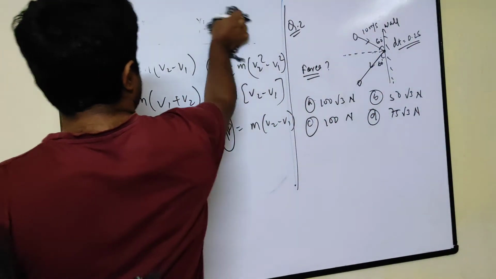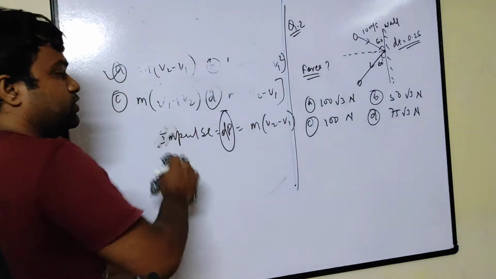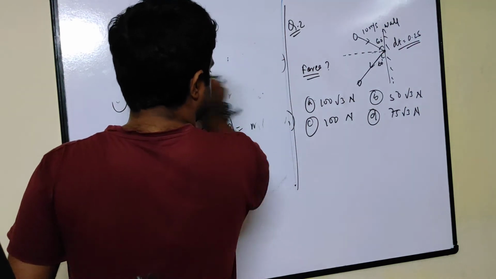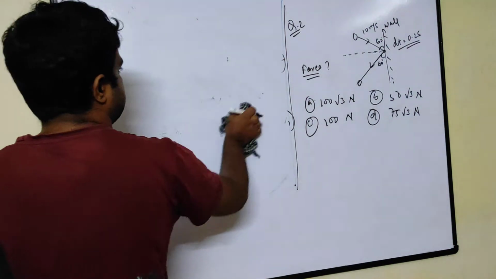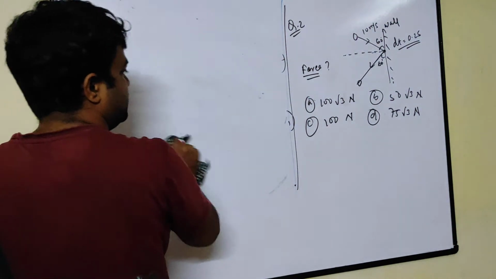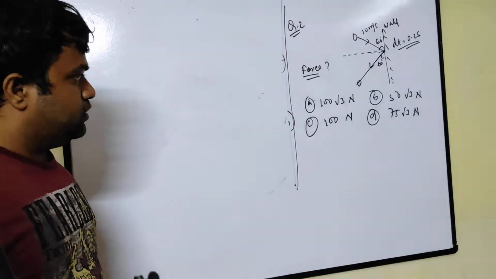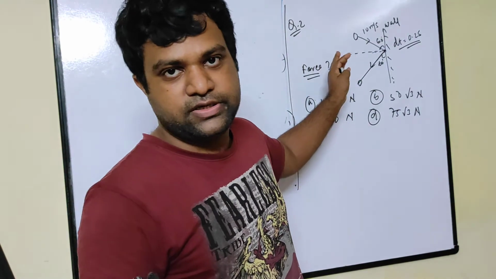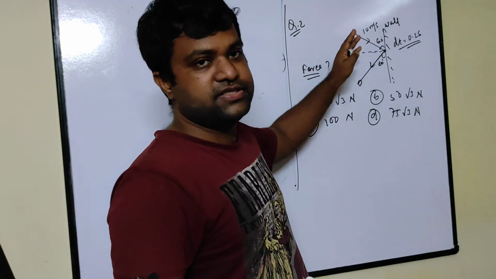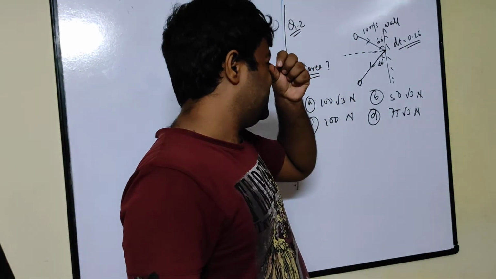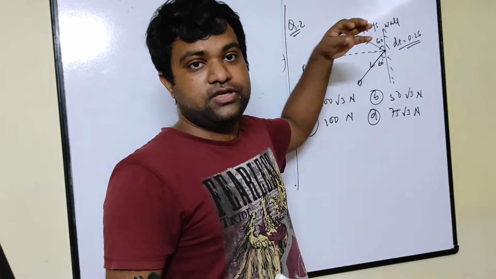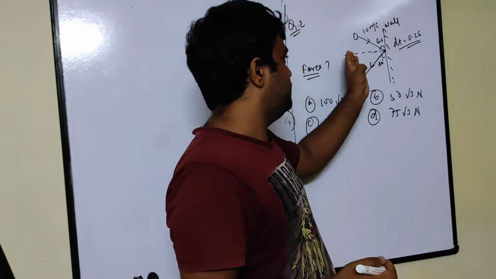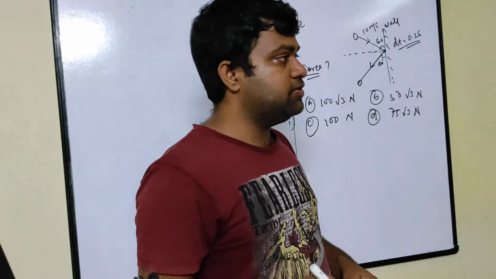And this question came, at least 2 years in your NEET examination, similar type. So you can expect it in other entrance examinations, NDA or any other entrance examination. So here you have to first simplify the vector components, right? Because it is essential. The ball is striking the wall at a certain angle. That's why we have to make their components in x and y.